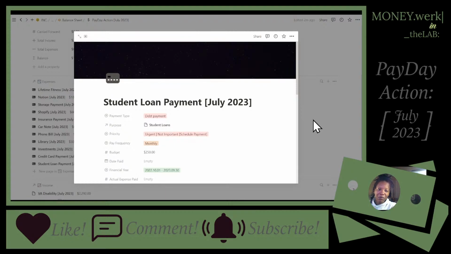I'm sure that I don't know that these websites actually tell you how long it'll take to pay off your debt, but I do believe that if you get the paper statement, like the actual statement for some of these, especially the credit card statements, it'll tell you, if you stuck with this minimum payment, this is how much interest you pay, this is how long it would take for you to pay off, this is how much interest you would pay by the time you paid your debt off and all that other stuff. So I don't know if my student loan payment says that particularly, but I want